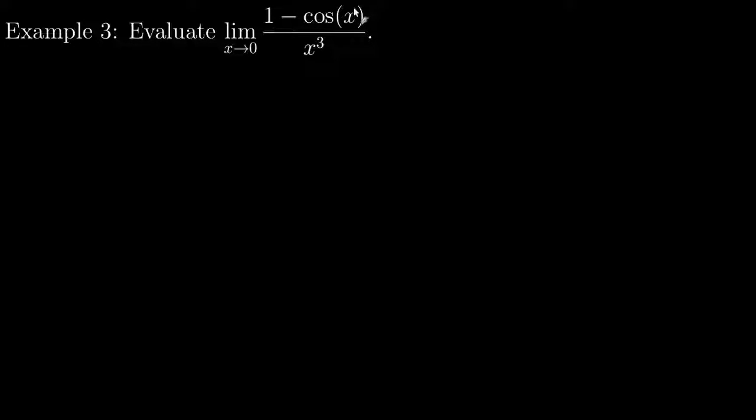So I put in 0. Cosine of 0 is 1. 1 minus 1 is 0. So this is approaching 0. I put in 0. 0 cubed is 0. It approaches 0 over 0, which means I can take the derivative of the numerator and denominator, and I have